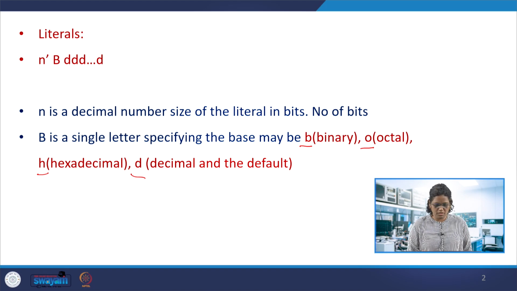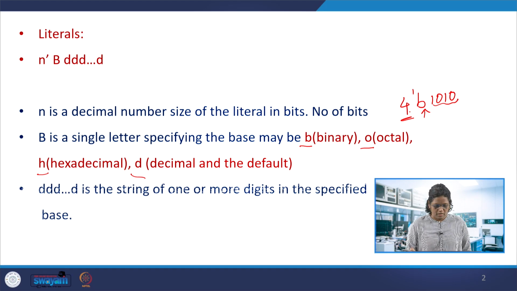So for example, a 4-bit binary 1010 represents a binary number 1010. B is the base format, it's of 4 bits, and the string can be 1 or more bits. The number of bits can be anything, like the number of bits can be written in the base format.